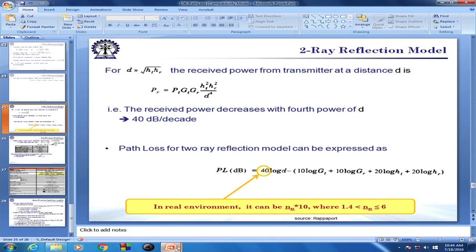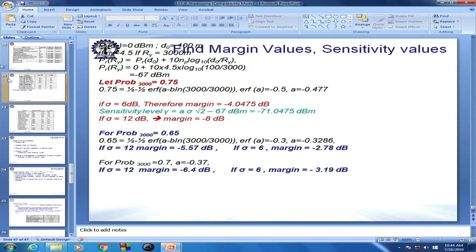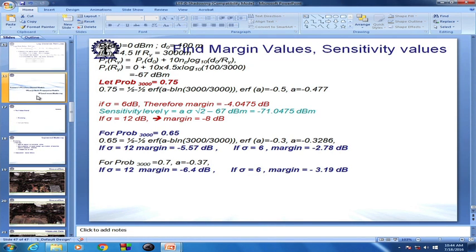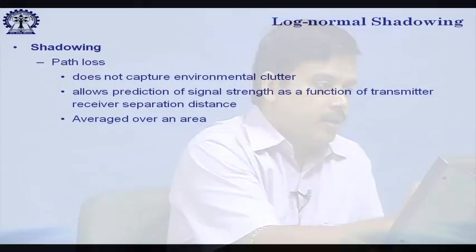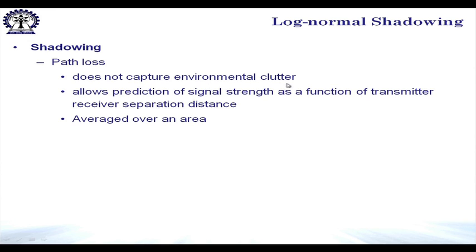Now, with this we move on to the discussion where we are not limited just to path loss. Now, we move on to the next part of the large-scale propagation model, that means shadowing. So, why do we need shadowing? We need shadowing because the path loss model, as we were seeing, does not capture the environment clutter. This sentence is partially true because